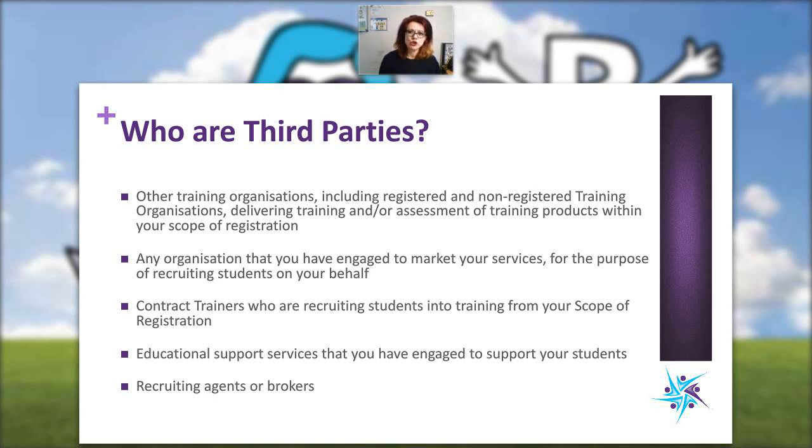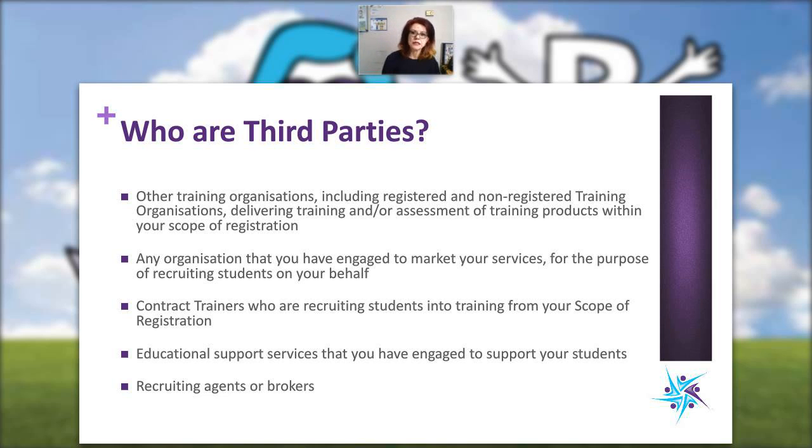So you've got to make it really clear to these marketing companies that they are actually meeting the requirements of the legislation. Now, you could hire a marketing company to do some promotion for you on Facebook or social media. It could be that you've got someone writing your website. Ultimately, you don't have to have a written agreement with all of those type of third parties for the marketing, because it's basically you will be recruiting the students. They're just helping you with the marketing.